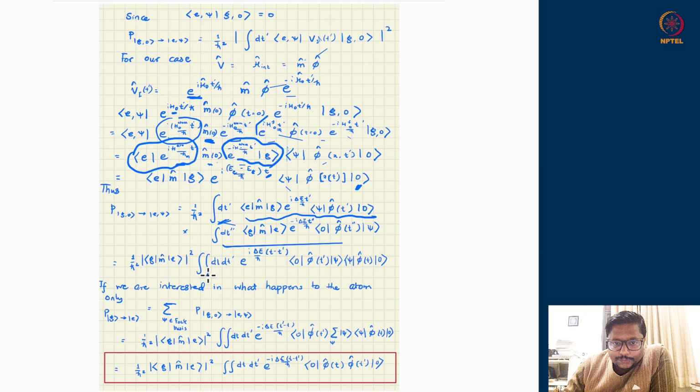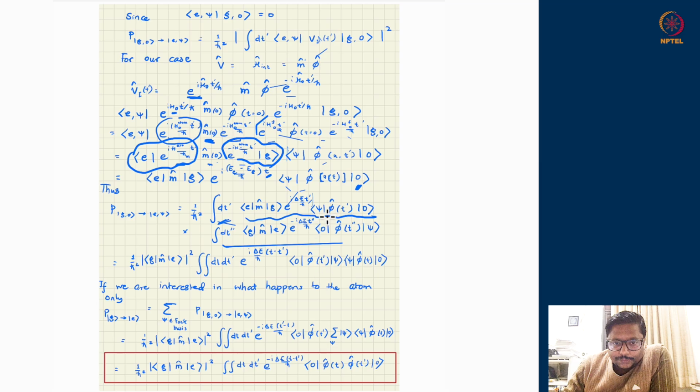Inside I will be left with dt prime integration, and you see now there is a relative time difference which appears in the phase, because these phases were running phases at each integral at different times. Two such terms have to be multiplied, so therefore exponentials will have a relative phase with a relative time difference of running times. What I have done in the next step, I have called t prime as t and t double prime as t prime. This is just for simplification of notation. All of them are running variables. You could call it x and y. Here also x and y. You will see both the terms are equivalent to each other.